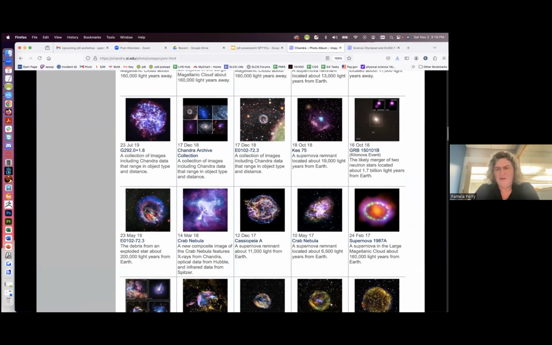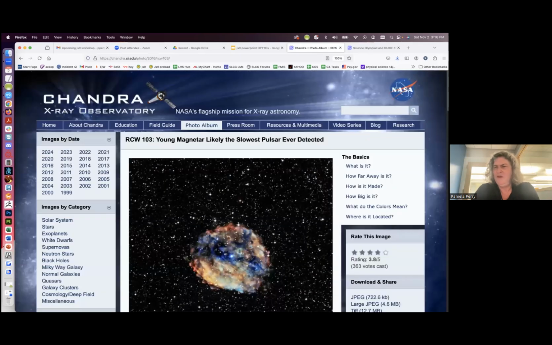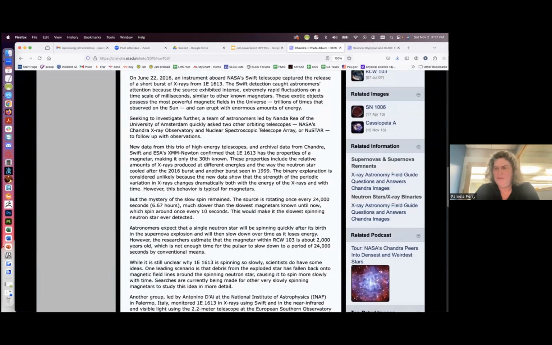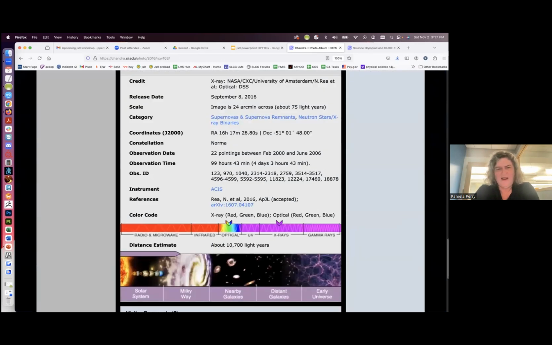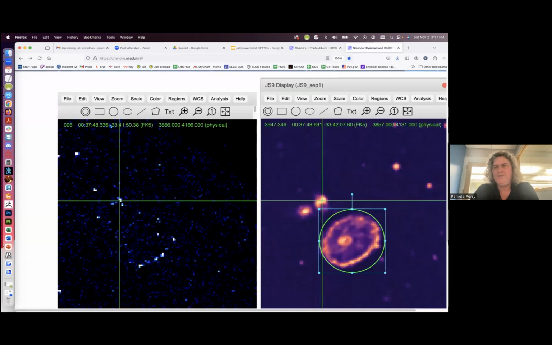I was trying to find one that I know. So if you click on a particular supernova, hopefully I clicked on one that has good fast facts, down at the bottom here you will see observation ID numbers. So this is one way of getting more X-ray data, because you can then take any of these observation ID numbers and